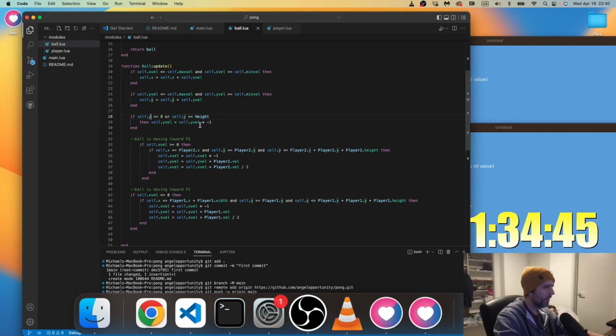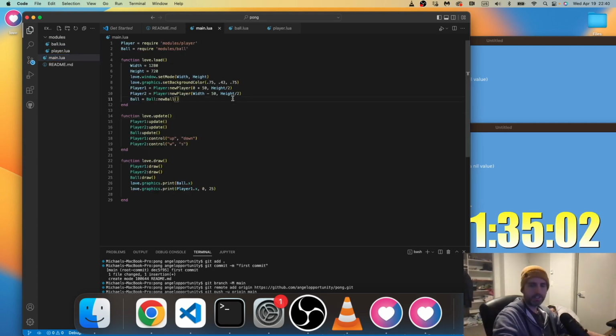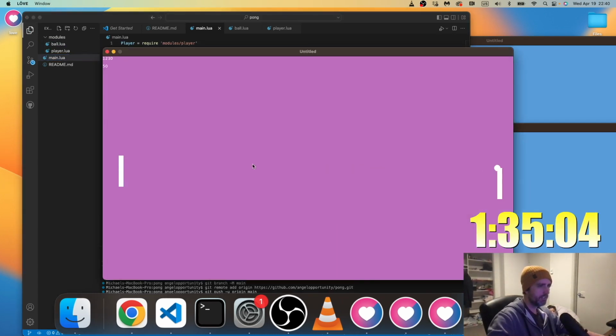If self.y is less than or equal to 0, that should be right. But let me just remove that and see if it fixes what I just messed up, because the transferred velocity thing was working and then it stopped working.